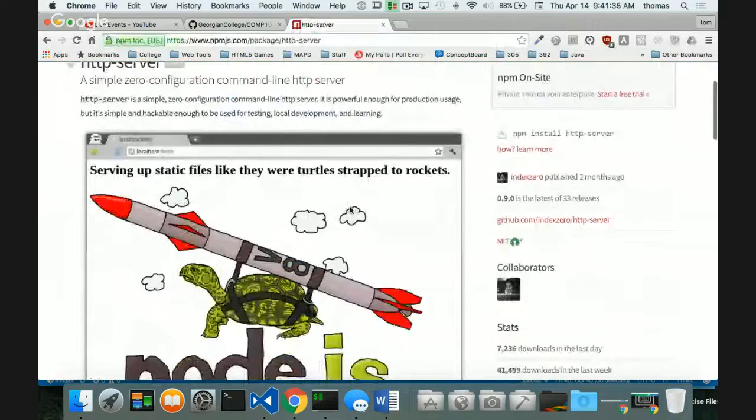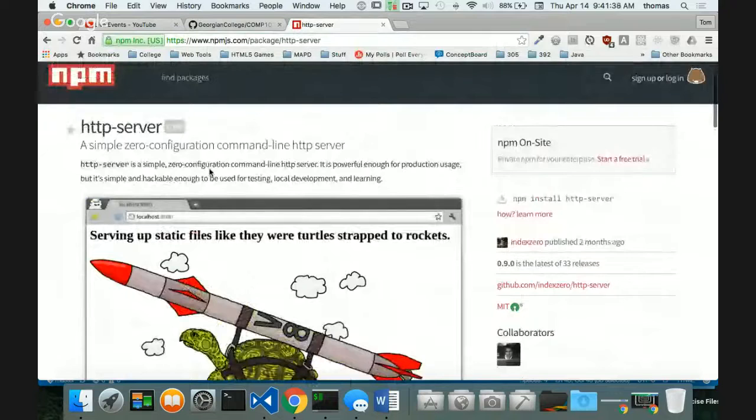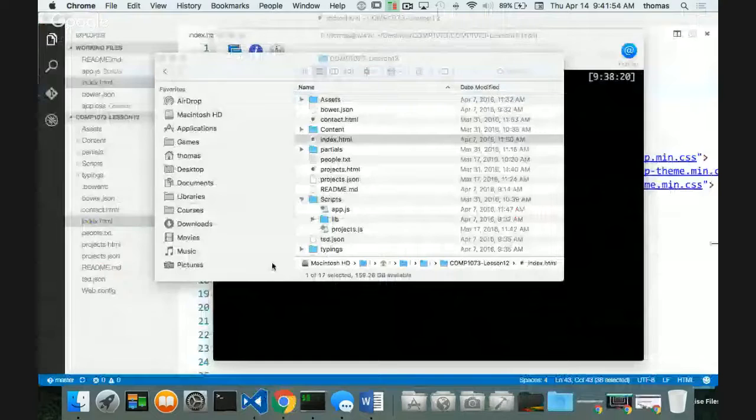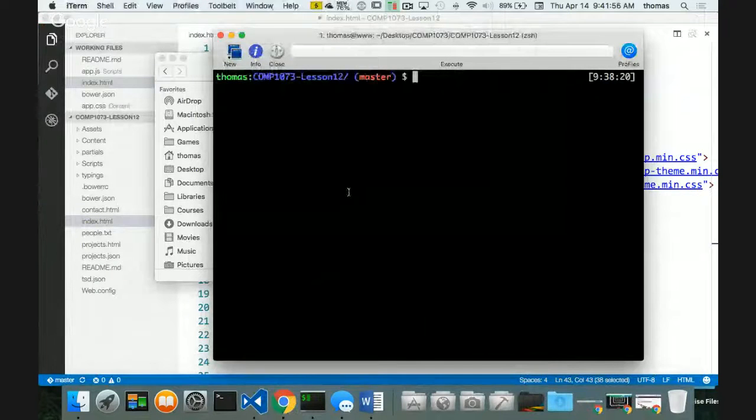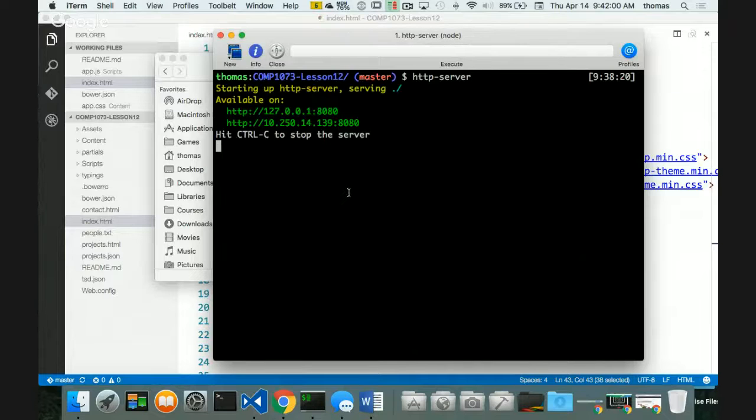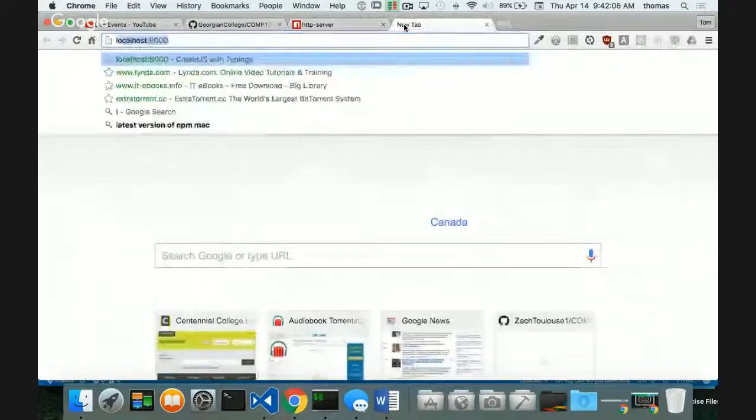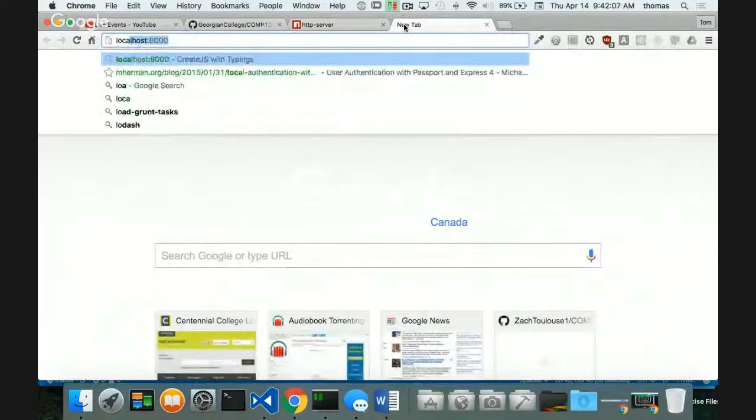We talked about loading Node a while back and how we can use this little zero-configuration command line server to run in the background. It's cross-platform, Windows, Mac, and Linux, as long as you have Node and npm installed on your system, which by now all of you should have, as a requirement. Okay, so if that's true, let's run http-server and see what happens now. If I run it here locally, and if I go to the page and run localhost 8080,